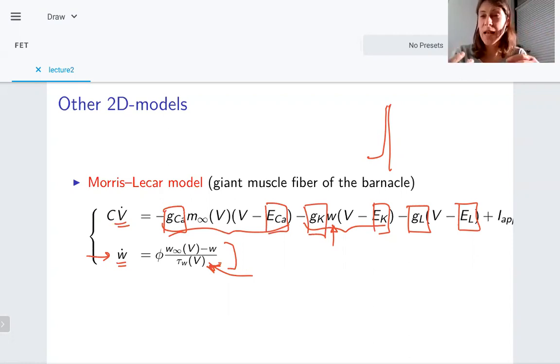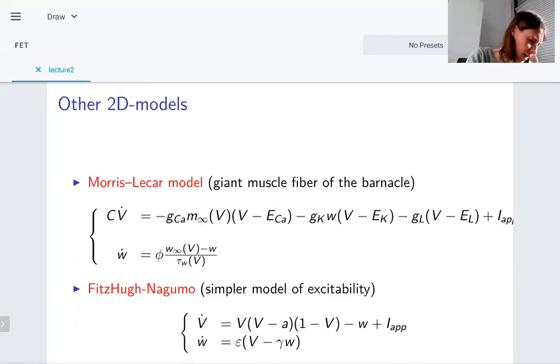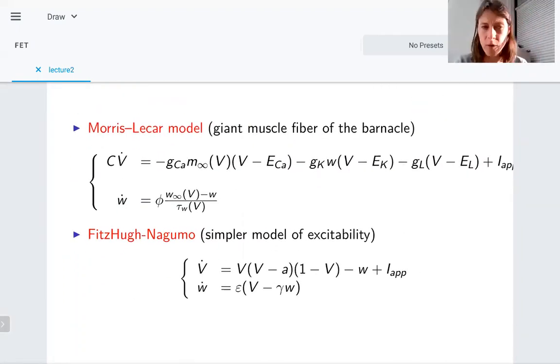Because I'm going to show you the responses that Hodgkin observed in his experiments, which can be reproduced with this model, choosing appropriate parameters. There's also another model, a two-dimensional model, that I want to comment on, just because it's a classical model and, in a course on mathematical neuroscience, I felt that I had to mention it. It's the FitzHugh-Nagumo equation, which is a simpler model of excitability because this is a model for an excitable